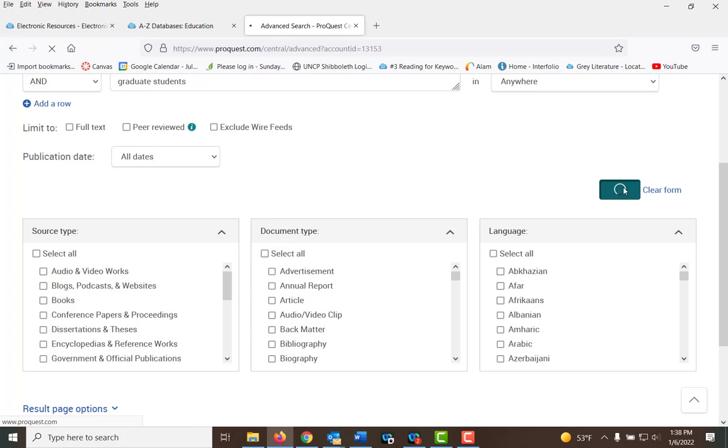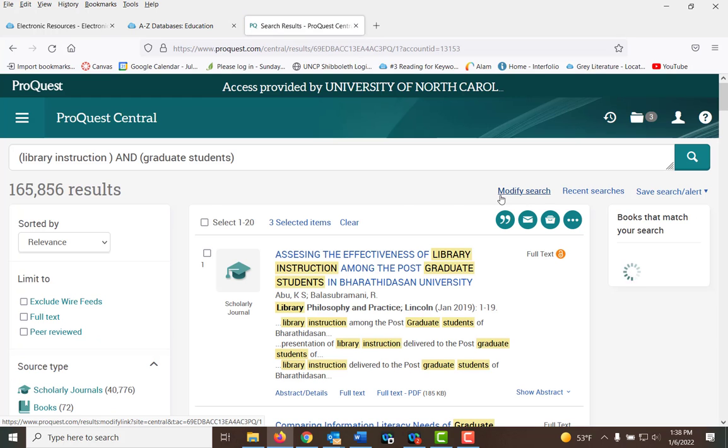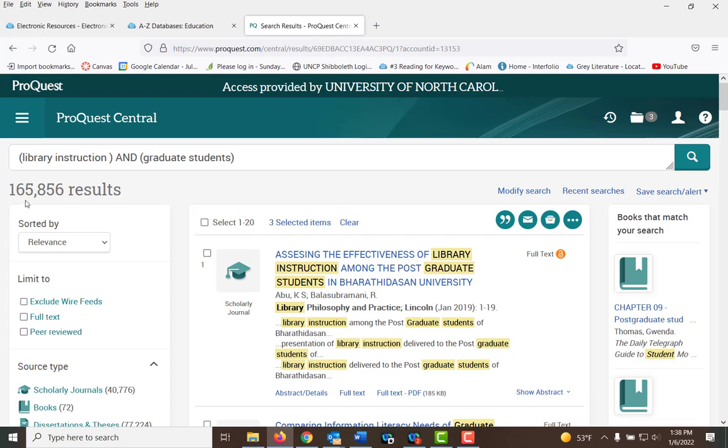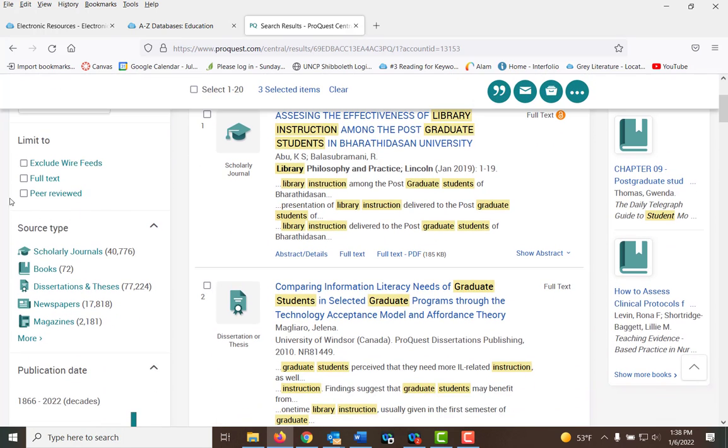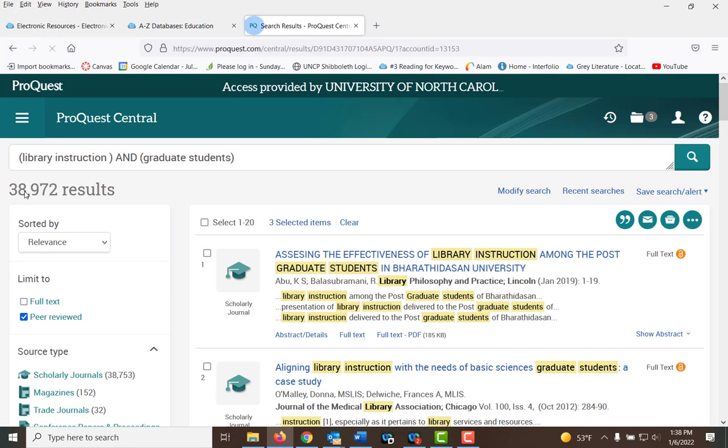Click search. I get 165,000 items. And here I can limit down to peer-reviewed items. Most of your academic research will be in peer-reviewed articles. Notice that'll take me down to 38, almost 39,000.